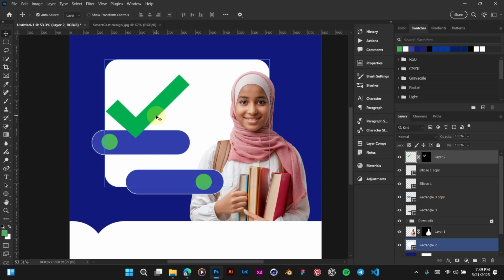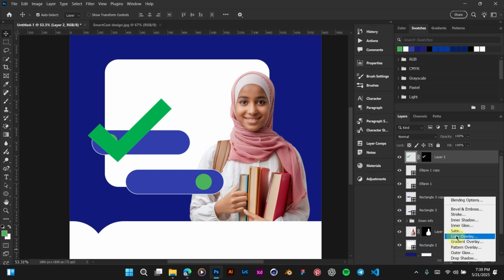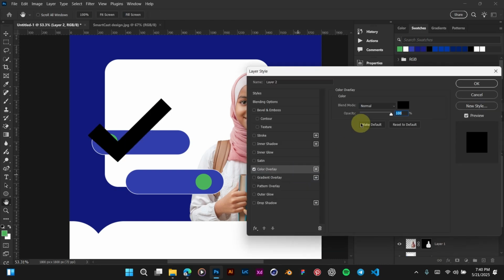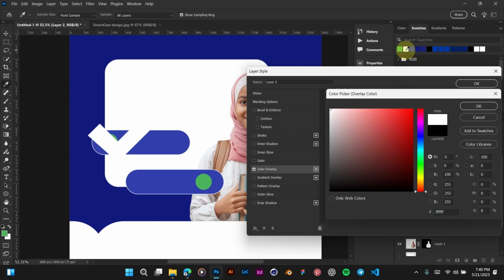Now it's green. That's not going to be possible. So let's change the color of this object by selecting the object. Now we have this object selected. We click on FX. You can see we have this FX here. You click on this FX and go to color overlay. The moment you select color overlay, you see we have this color here as black. So we want white. We select white. We can pick it from here, or we can just drag it to the white section,